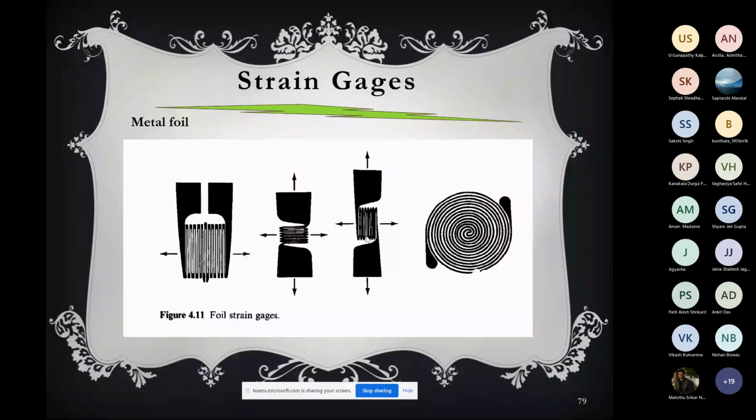The answer is yes, you can, but definitely with a single strain gauge you cannot measure the strain in three directions, because a strain gauge can only measure strain along a single direction. Which direction? The way you implant the strain gauge, where the long wires are placed. So, for example, in the left hand figure, it can measure the strain in the y direction but in the x direction it cannot measure.